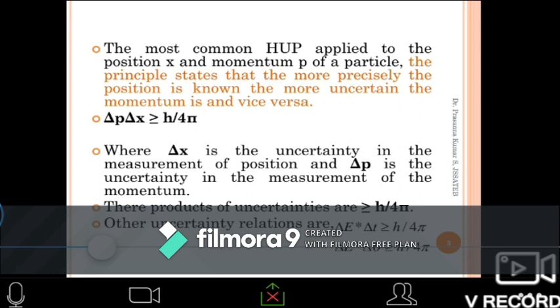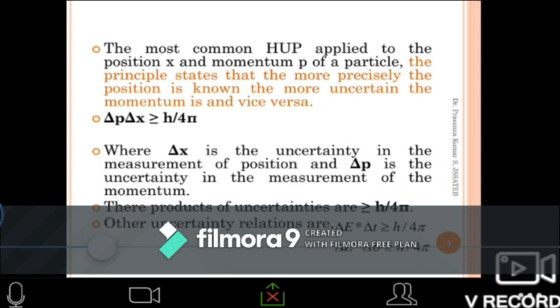We are not taking the product of P and X. We are taking the product of delta P and delta X. Delta refers to the uncertainty, that is, the inherent error associated. For example, if you take an electron and you are measuring the position of the electron, then the measured value of its position is not completely certain. It is associated with an inherent uncertainty. It is associated with an error, that is delta X.